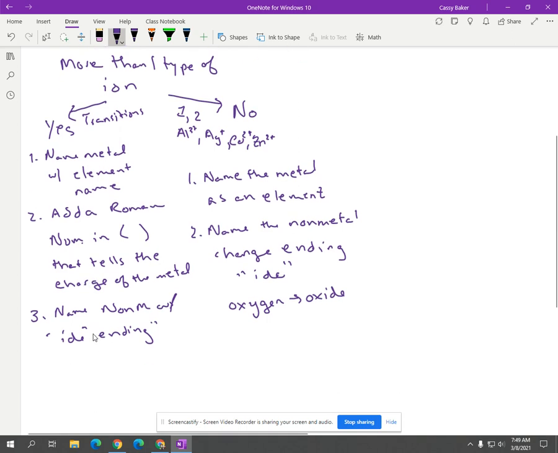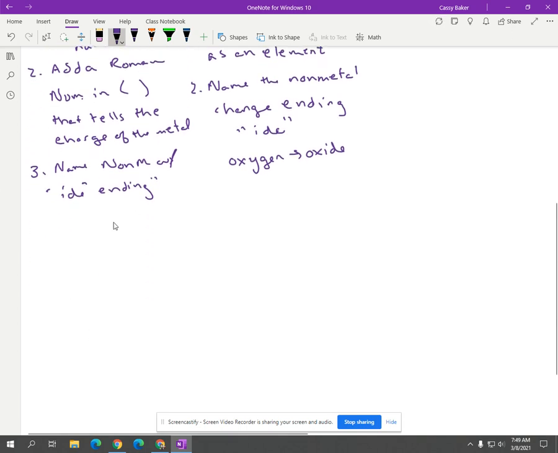So let me give you an example of this real quick. Let's say we have something like CuCl2. First, I know it's ionic because it contains a metal and a nonmetal. Second, I know it is the type that has more than one type of charge. I typically call those type 2. And I know that because copper is a transition metal and it's not on my list. So I have to figure out what the charge of copper is so that I can name it. To do that, you're going to start with your nonmetal. So chlorine has a 1- charge, but the subscript means I have 2 of them. So that means I have a net -2, which means this one must be a +2. So this is copper(2)